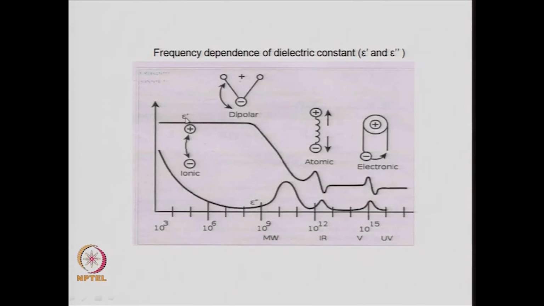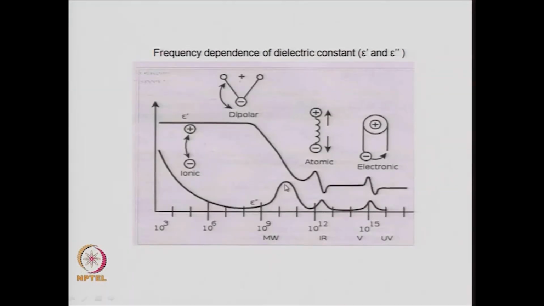The real part of the dielectric constant tells you about the high value of the polarization, or the dielectric constant, and this maximum is about the dielectric loss. And so, wherever there is this sharp change in the epsilon prime, you see a maximum in the epsilon double prime. So, these two go hand in hand. The top one is the epsilon prime variation, the bottom one is the epsilon double prime variation, and on this side you see only the electronic